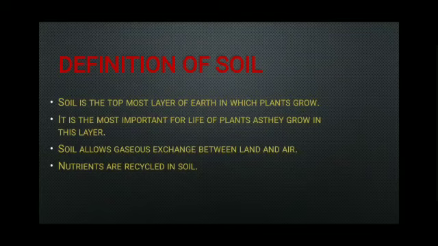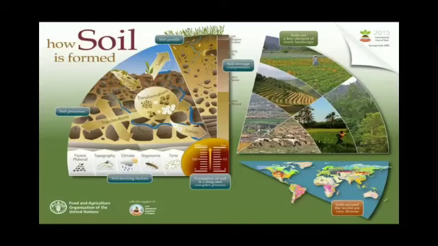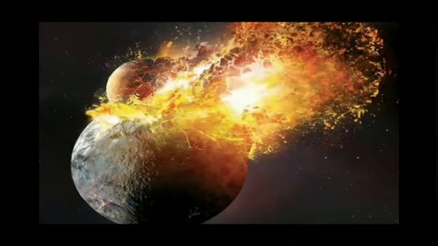Now, my students, the question arises how this soil is formed. Do you think it was the same from the time earth was formed? No, it was not the same. I will tell you how it was formed. Firstly, the word formation here means the process of forming something. My dear students, millions of years ago, when earth was formed, it was a ball of hot gases. As it cooled, gradually the outer layer of this ball hardened to form rocks.